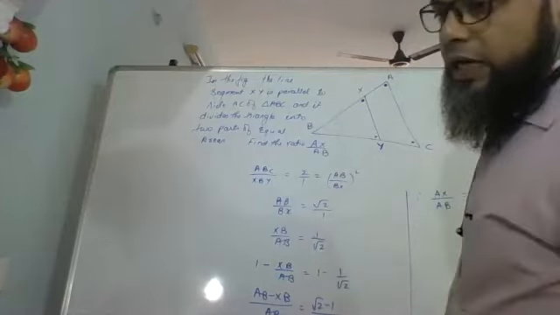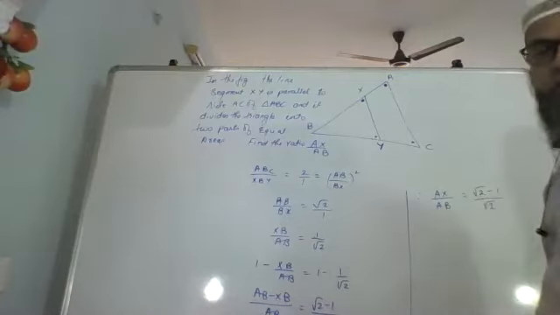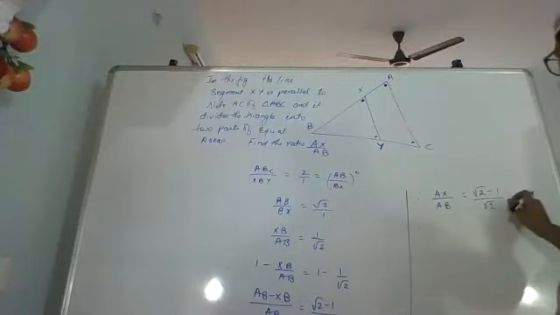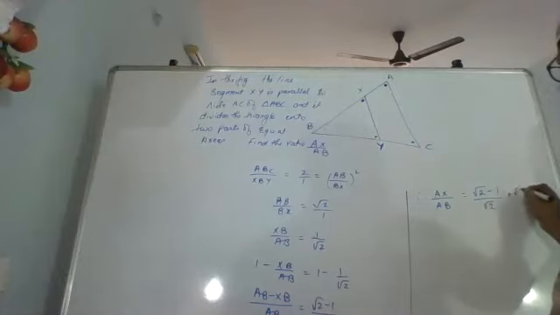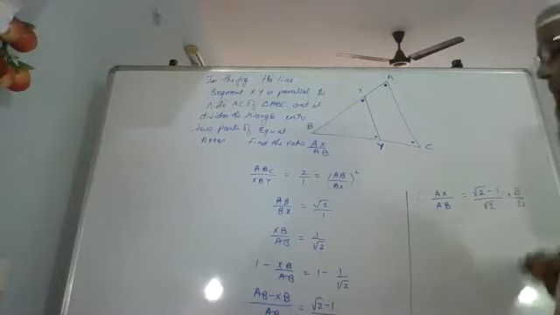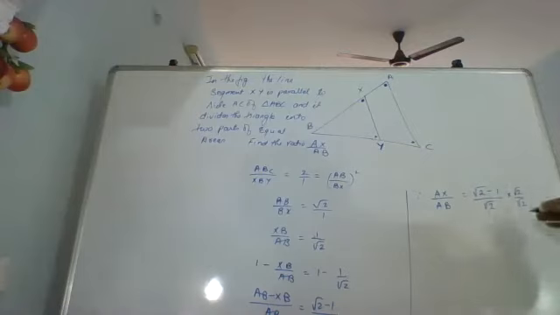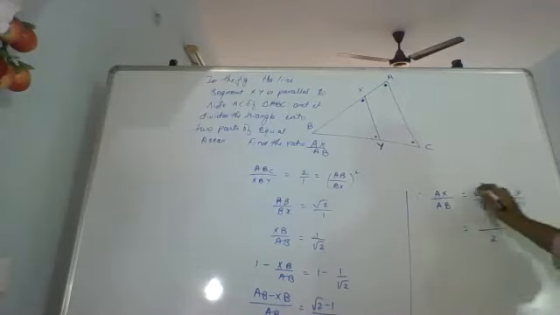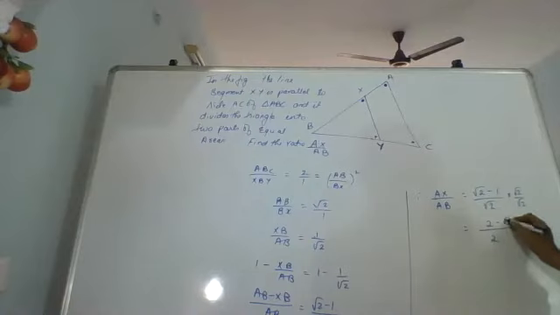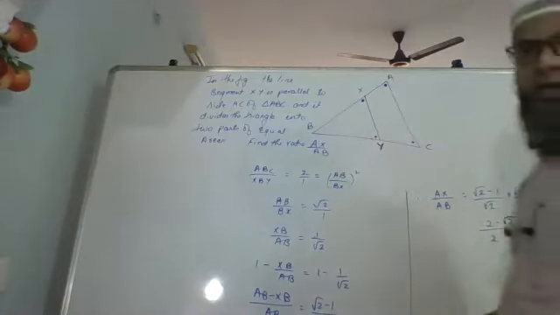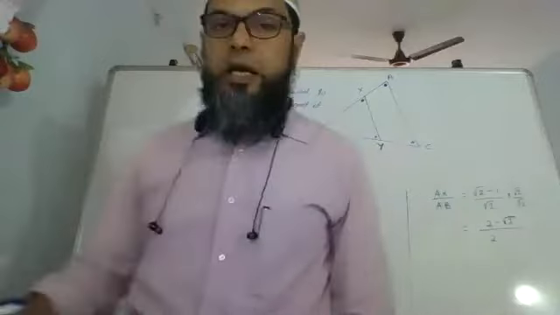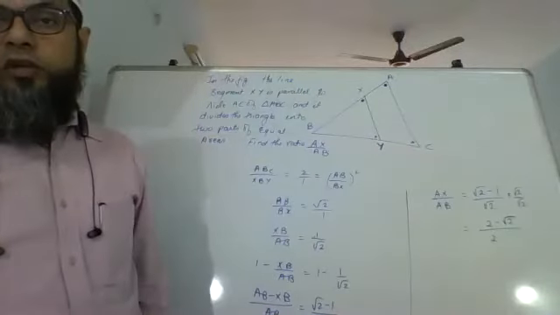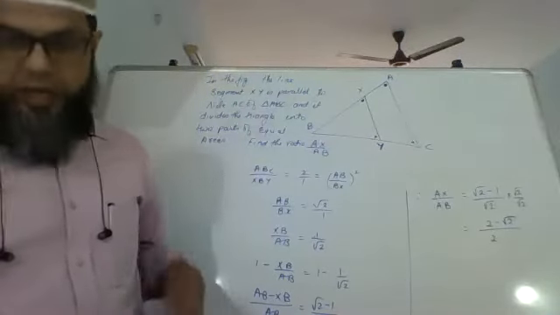Now we do not leave it like that. We rationalize the denominator. That means we multiply and divide by root 2, because in short, we are multiplying by 1. It doesn't change anything. Root 2 into root 2 will make it 2, and 1 into root 2 will make it root 2. This will be your ratio when we solve it. That is what is going to be the answer.